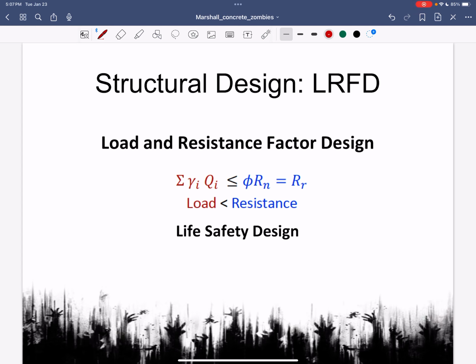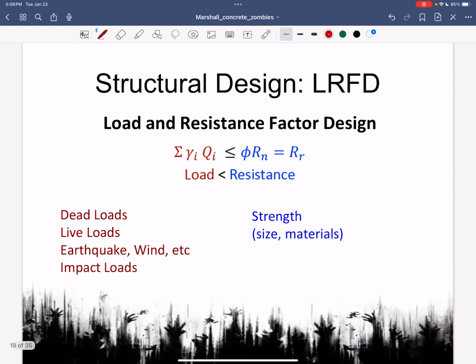We use what's called a load and resistance factor design. That means that I have what's the structure going to be loaded with and how am I going to resist it. So the load is the self-weight of the beam, the people in the structure, the zombies attacking the structure. Resistance is I'm using beams and columns, and they're made of concrete. Okay, so different things. Like a column, when it fails, it's really dramatic. When a beam fails, I have some warning. And so I have a factor on each side of this equation to make it safe. It's basically a safety factor.